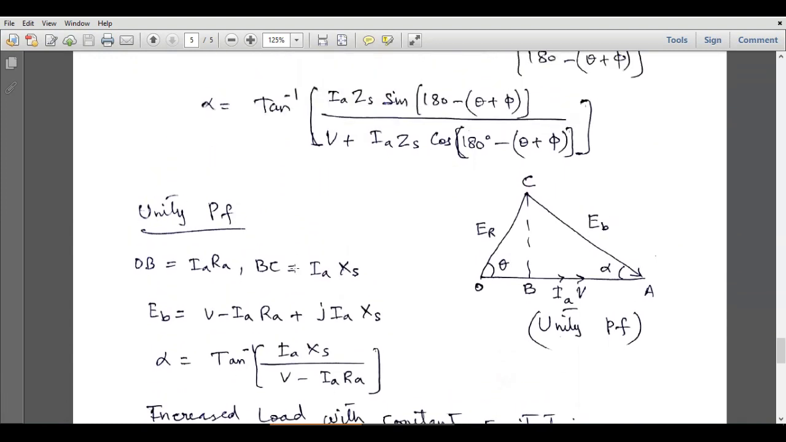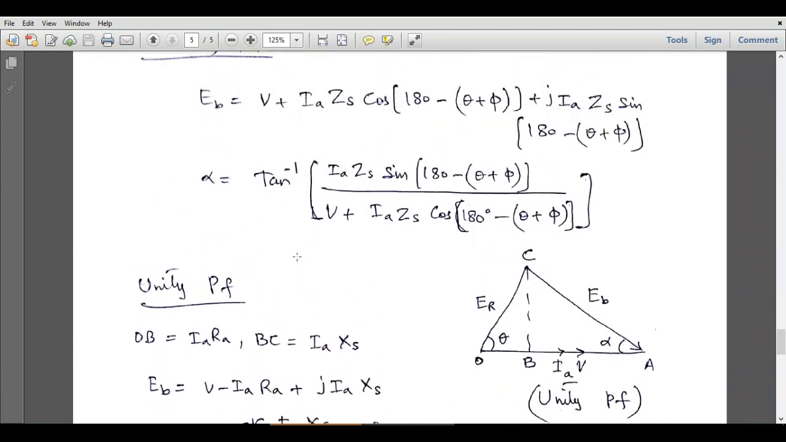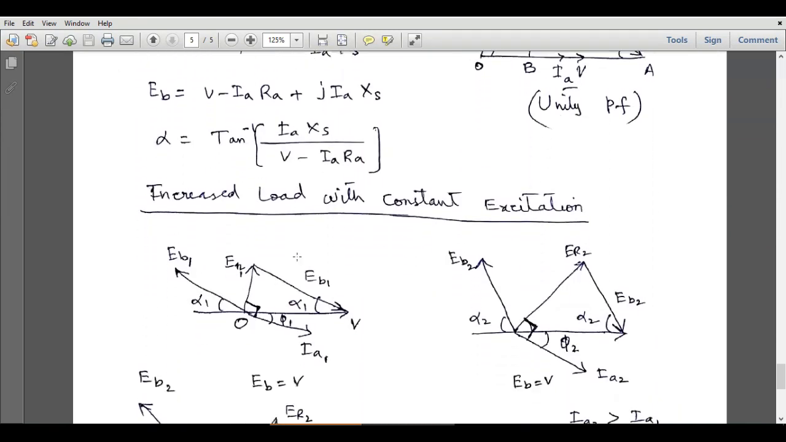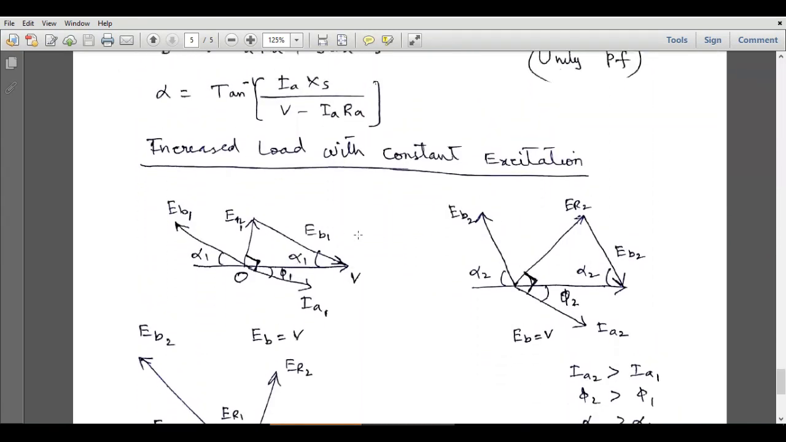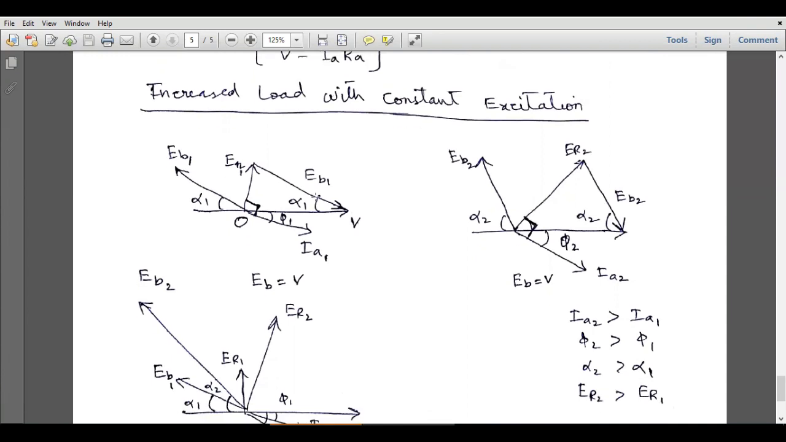So these are the three cases in which we can calculate the back EMF and the load angle differently. And finally, we will discuss the case of increased load with constant excitation. So in this case, we are varying the load, but we are keeping the excitation constant. Here you can see that the load is small, so angle alpha 1 is small, and this is the back EMF, and this is the anti-parallel back EMF vector, this is the applied voltage vector, and this is the ER vector, and here we have a 90-degree angle between ER and I, and this is the phi angle between